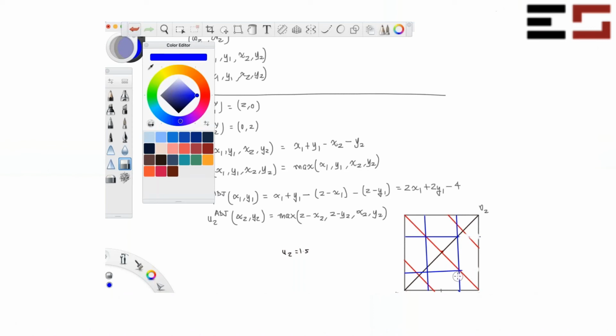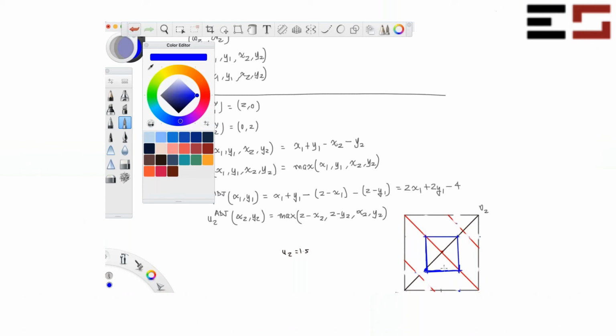At these points, you can see that y2 is greater than 1.5, so I'm going to remove this. Here x2 is greater than 1.5, so I'm going to remove this. And here y1 is greater than 1.5, so I'm going to remove this. Now you can see that along this square, which is like this,